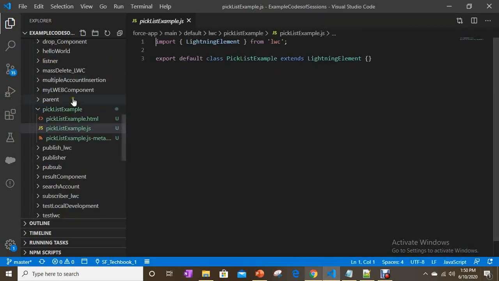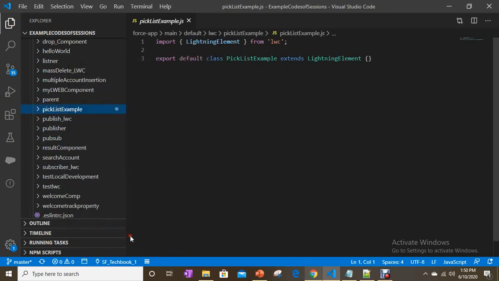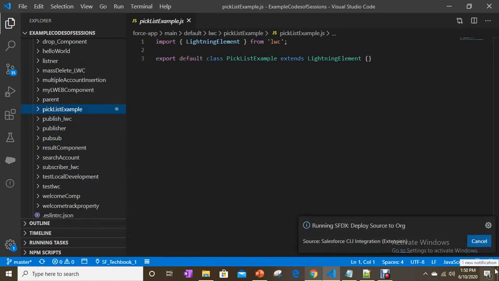Now let's save this. When you create a Lightning Web Component, it automatically creates three files. One is the HTML file for markup, another is the JavaScript file for your logic, and another is the meta file for configuring your component.